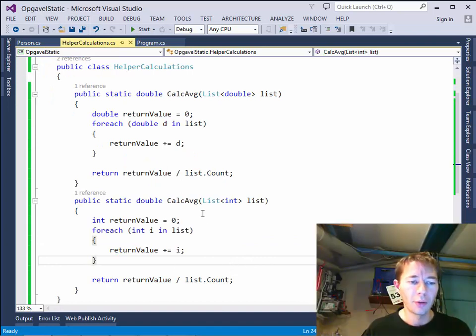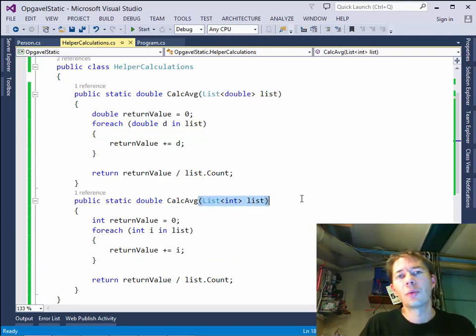So as shown here, we can overload static methods as well. So we have two calculations with the same name, taking a double list or an integer list.